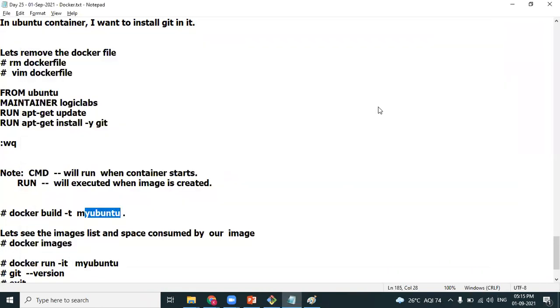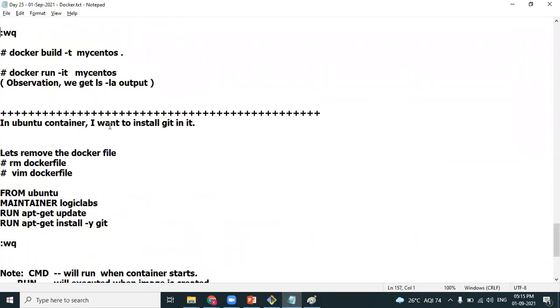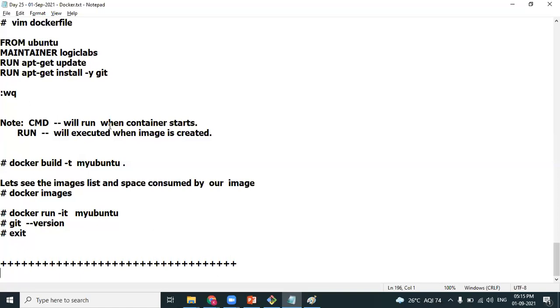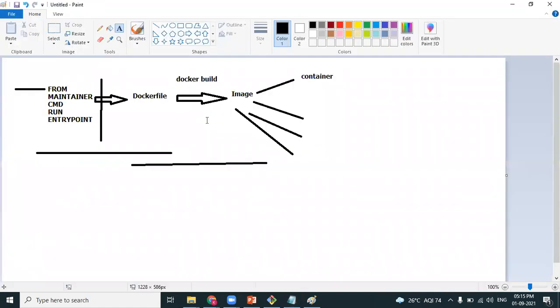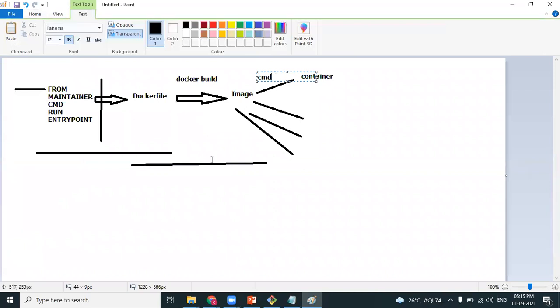What you need to keep in mind: look at this. The CMD instruction will run when the container starts. From the image, when you are running the container, at that point of time the CMD instruction gets executed.